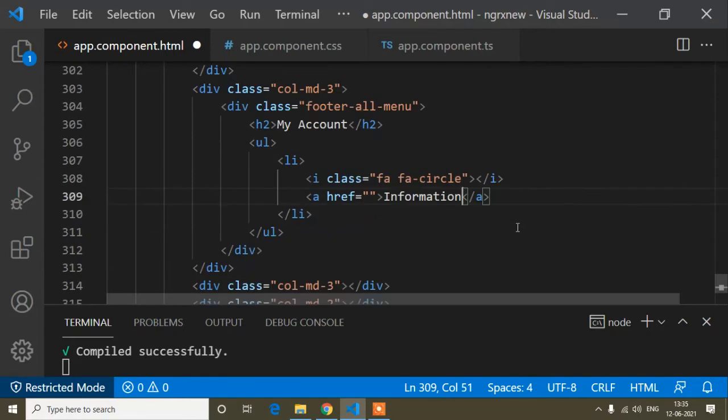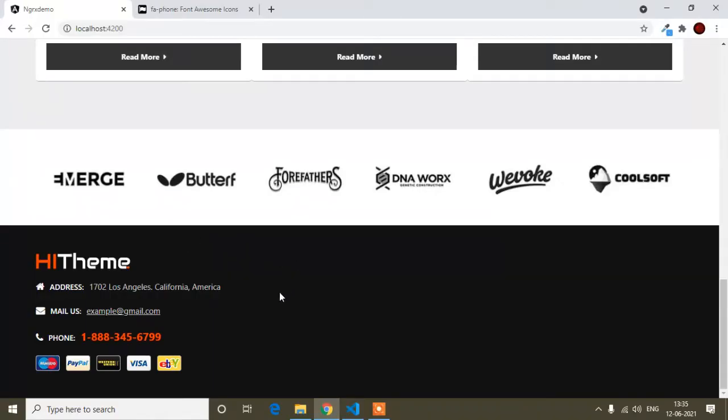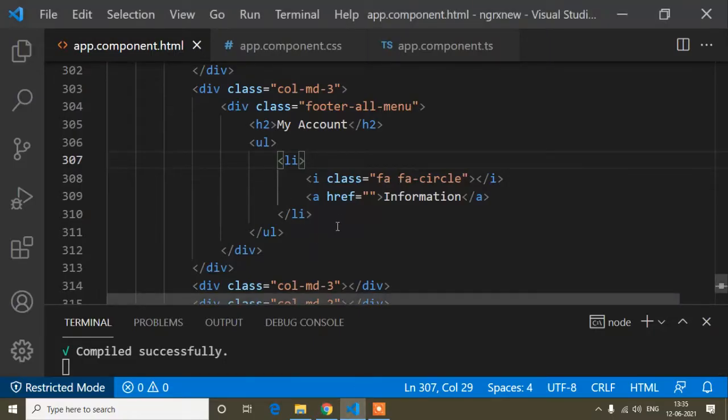So this one, and if I save, and here if I refresh, actually first it was not refreshing, so you can see the heading and the content. So I will add the design for this one first of all, and after that I will copy the same thing, I mean the same li tag, just below all the li tags. Okay, so first of all I will add a design for this one.